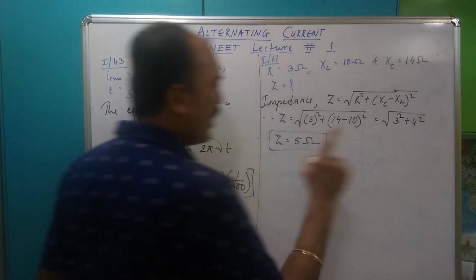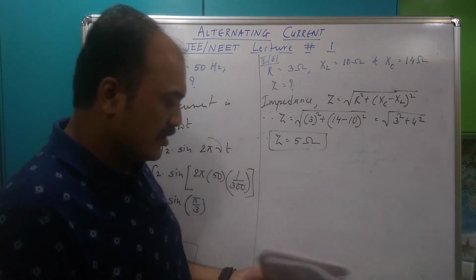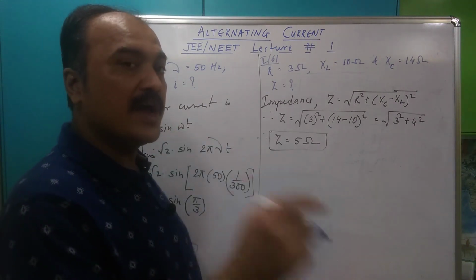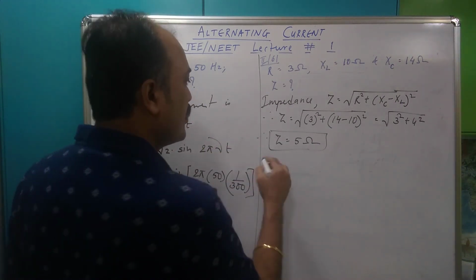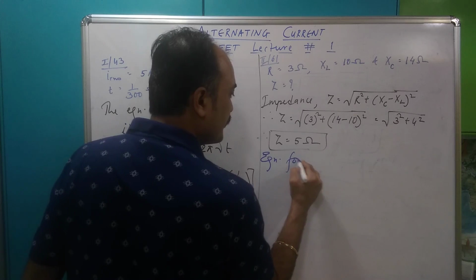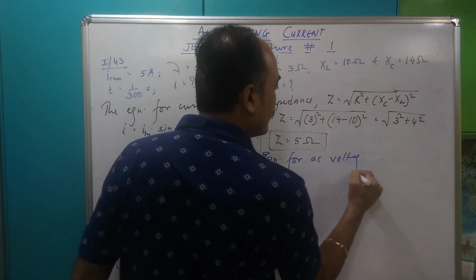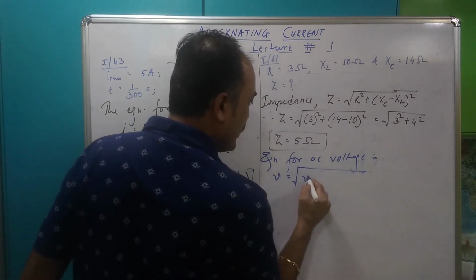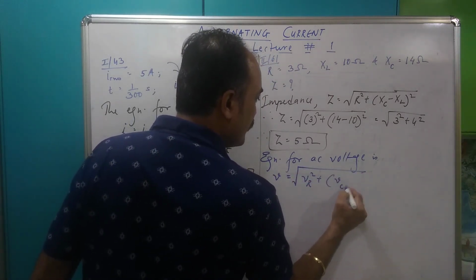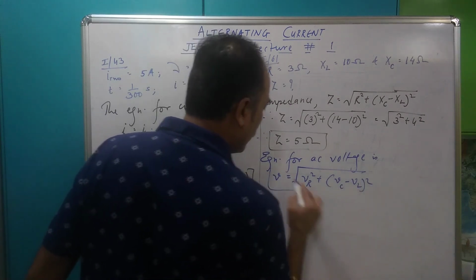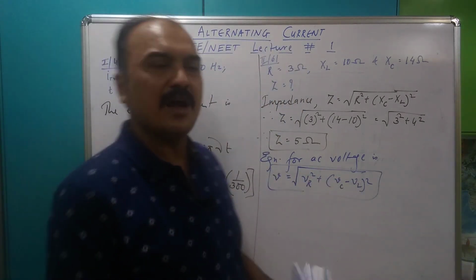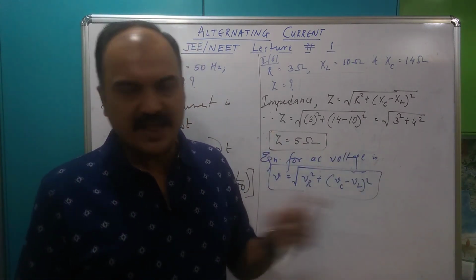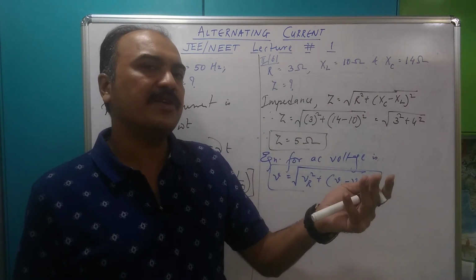Before I move on, I need to tell you that the equation for voltage, if you look at VR, VC, VL, all of them. So the equation for AC voltage, this is VRMS, of course, is root of VR square plus VC minus VL, the whole square. Because you just can't have V equal to VR plus VL plus VC, because they are not all DC values. They are not just values. They also have phase relationship with the current.